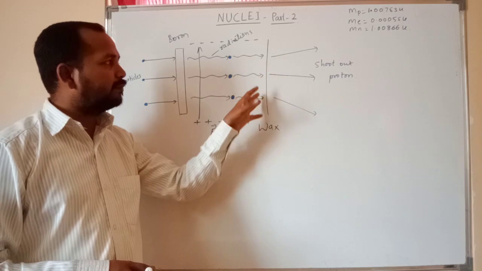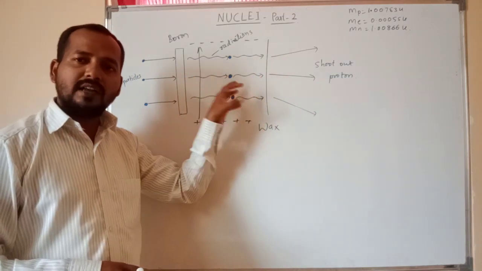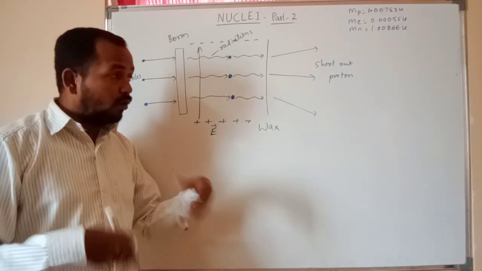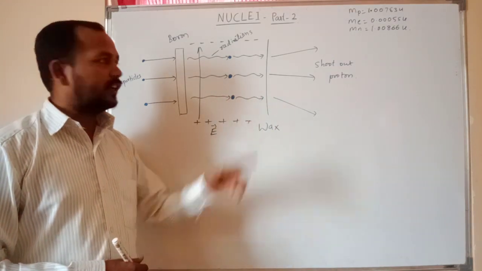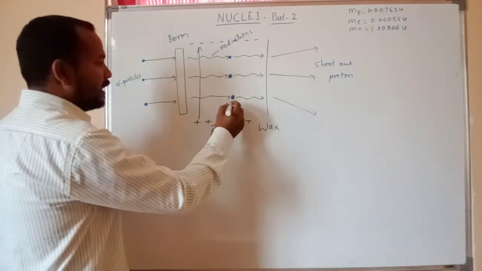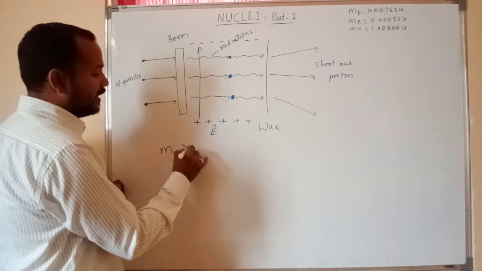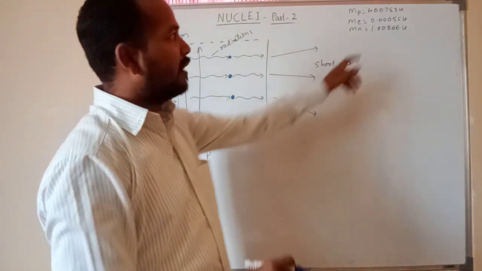Here some particles will remain. Only protons shoot out. Some other particles are left behind which have more mass or more energy than the protons, and those radiation particles are called neutrons. That means the mass of the neutron is slightly greater than the mass of the proton. So here I have written mass of proton is